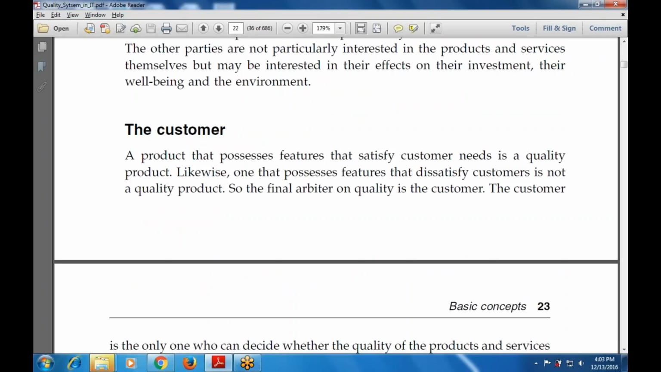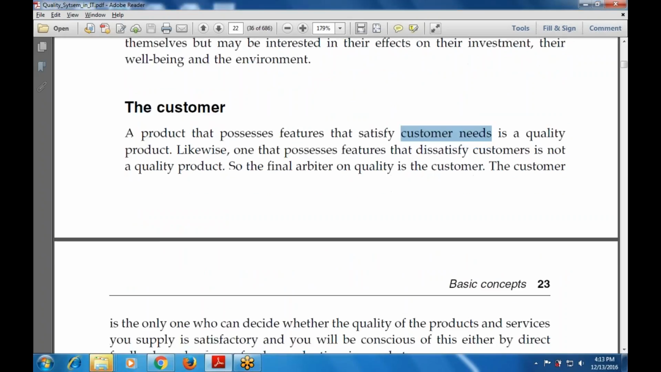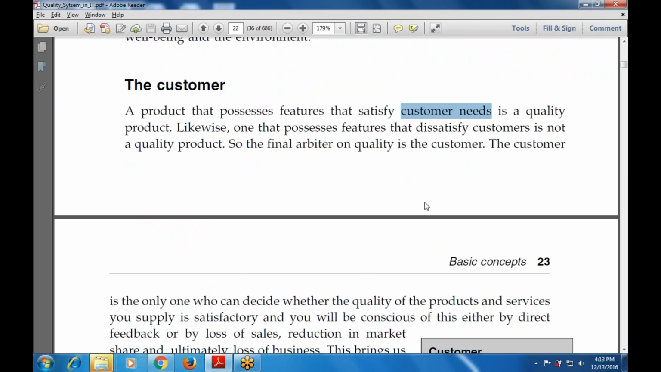Now, the first one is the customer. Who is a customer? A product that possesses a feature that satisfies the customer's needs is a quality product. Whatever product satisfies the customer is known as a quality product. The final product goes to the customer. The customer is the king of all things, who decides whether